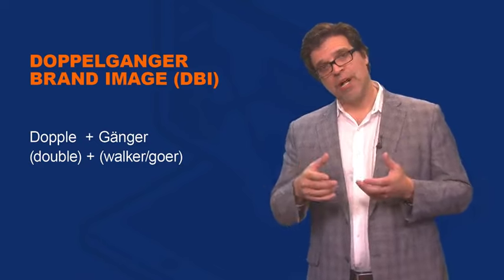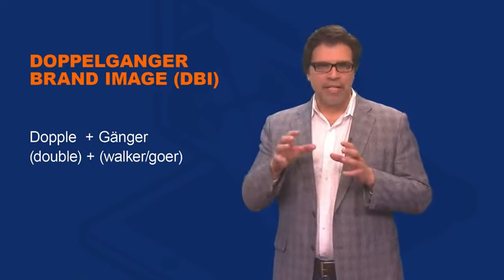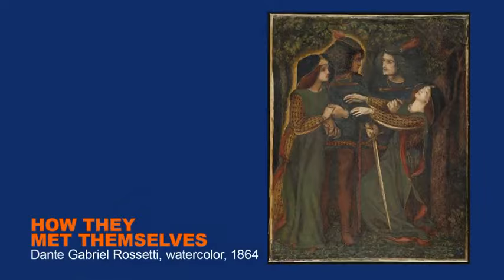And this concept was derived in Germany in the 1500s with the idea that there was this myth that all of us had a doppelganger or an alter ego, and that if you or your friends saw the doppelganger, bad things would happen. So that's what we're talking about here: an alternative image, in this case of a brand, which is negative in fashion. So that's the basic idea. It's a long term, so I think I'll just use the abbreviation DBI for most of this talk.